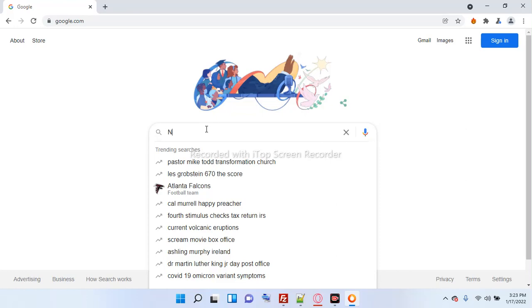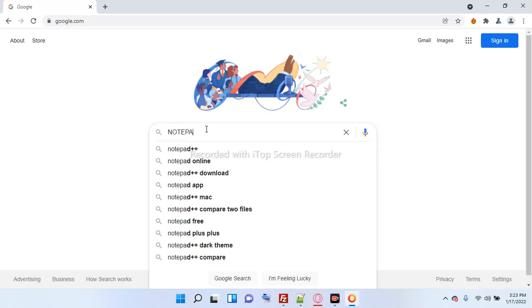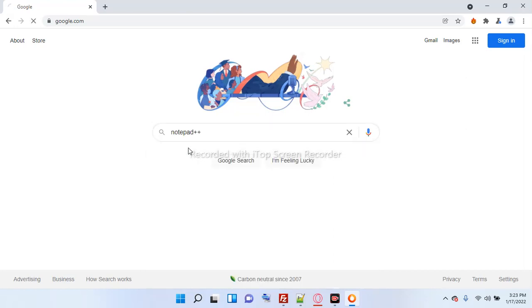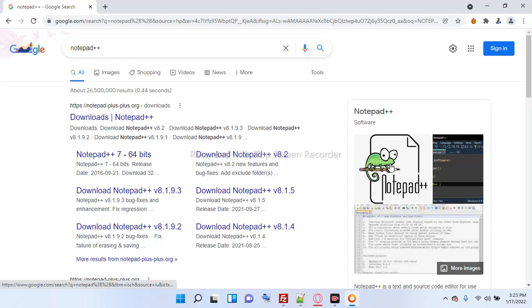So go into your browser and type in Notepad, and you should see it up there. You should see it say Notepad++. This is the website right here. It looks just like this, with a little symbol, a little green mouse or something with big eyes. Click that link